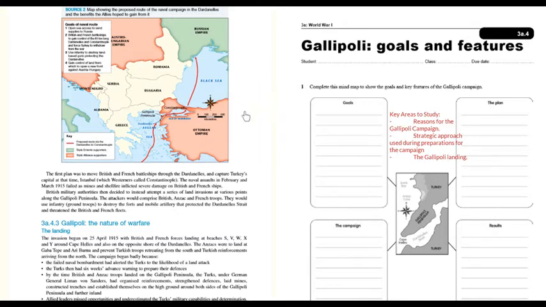There are two sections of the plan: the goals of the naval route, and also the infantry route, which is what the Anzacs' job was. But you can see through here they wanted to send their ships, control this area, the Dardanelles here, all the way up through here, take out Constantinople or Istanbul as we now know it. Take charge of this route, so they can send supplies up to Russia, their ally,